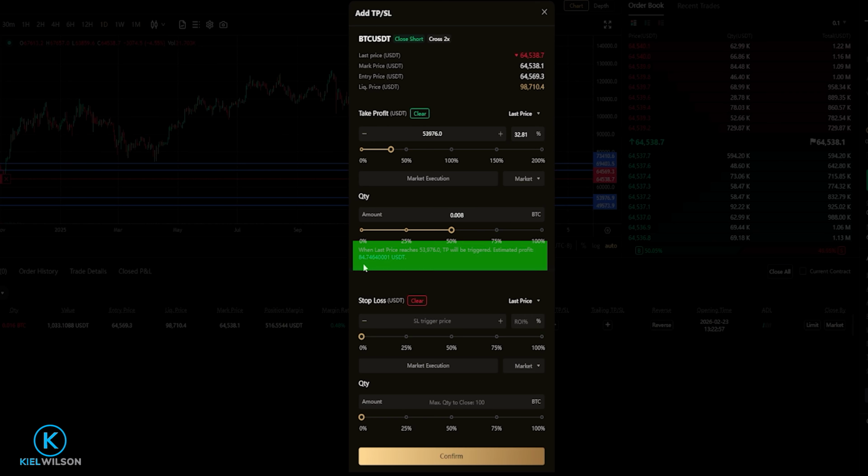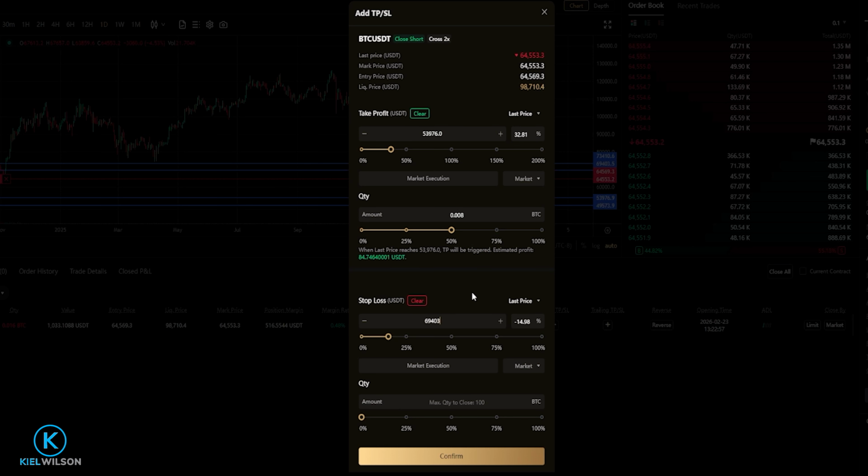Now Bybit is letting me know how much profit I'm going to capture if my first take profit target gets hit, and half my position was to get closed. Now let's go ahead and do the first stop loss trigger price. Of course, I can see that price point on the y-axis of the chart coming at 69,403. So I'm going to type that in,